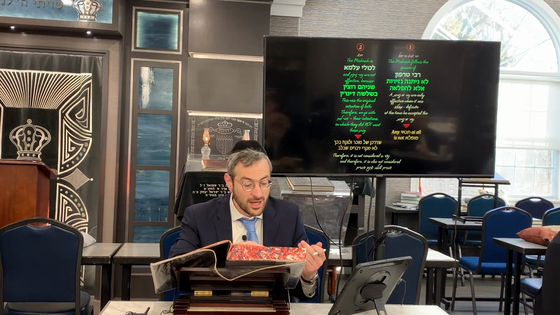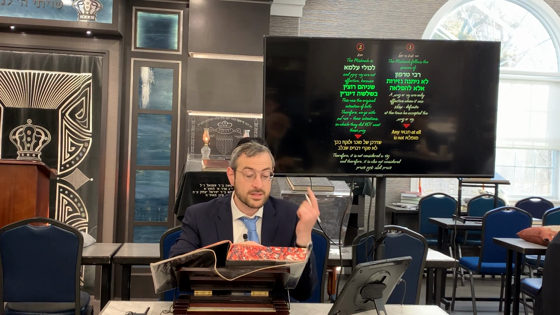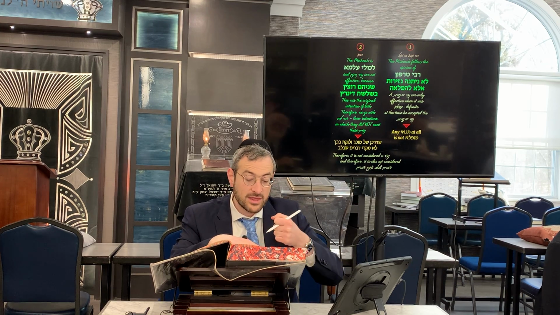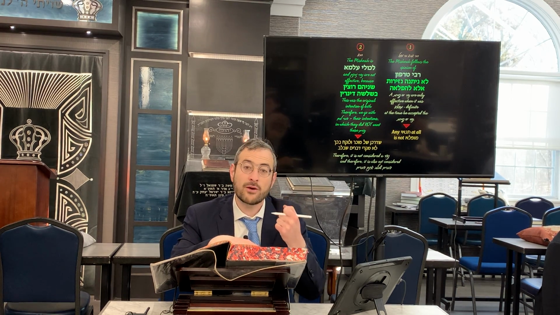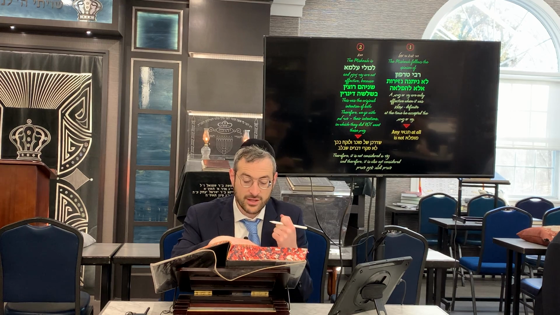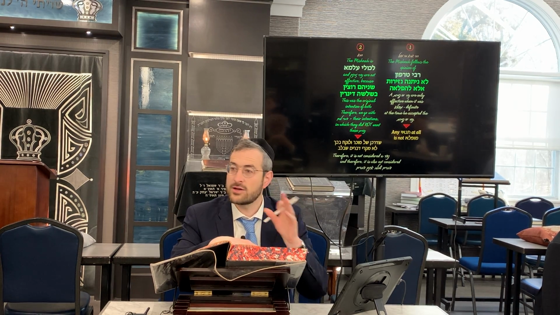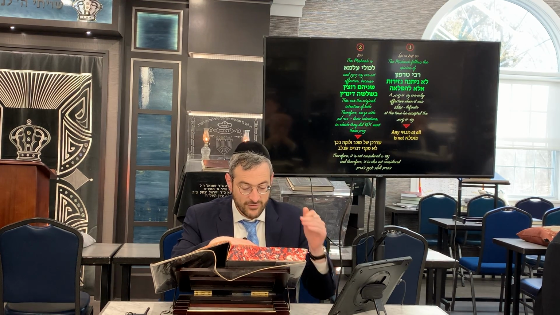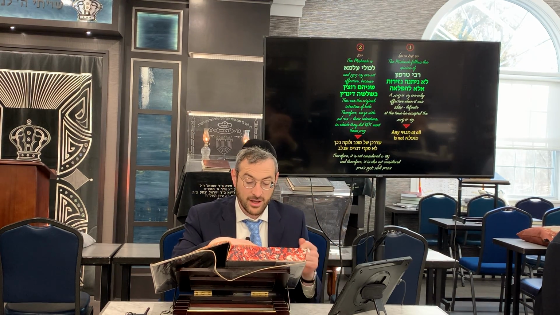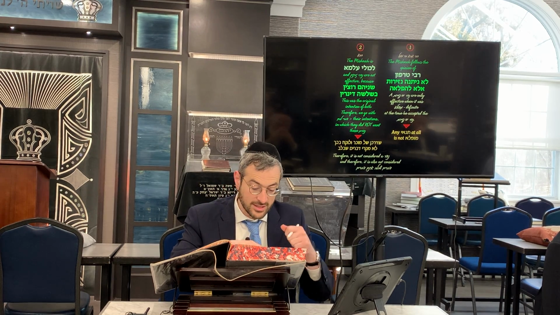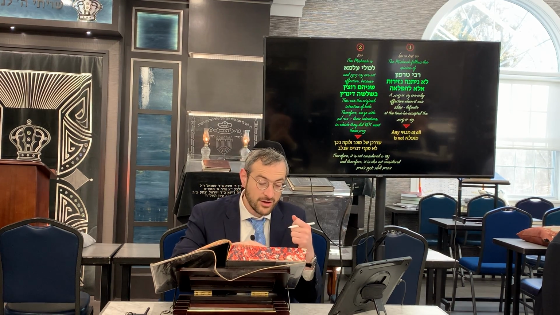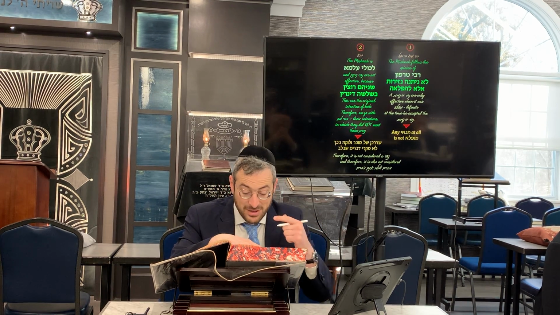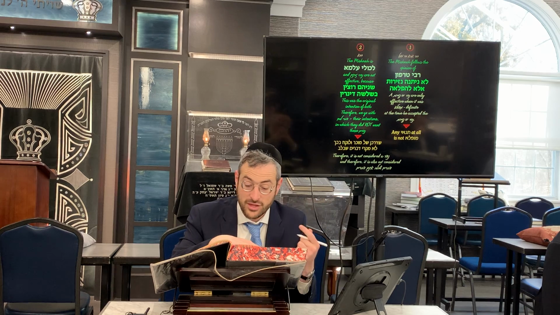One saying the opposite of the other. So since one is not going to be valid, the other one's also not going to be valid. Because from the first moment, there was definitely a Naziris here that was levatala, that was void. So we're going to say that all of them are going to be void, which is an interesting svar, but the Ran does bring this elsewhere, this svar, kibish bot zeh. Now, since in such a case it's obvious to the time of the Mishnah that it's not going to be hafla, we're saying that even by a seller and a buyer, where it is possible for the neder to take effect on both of them,